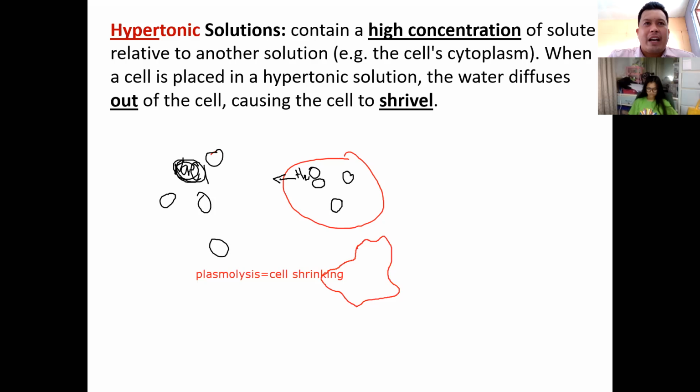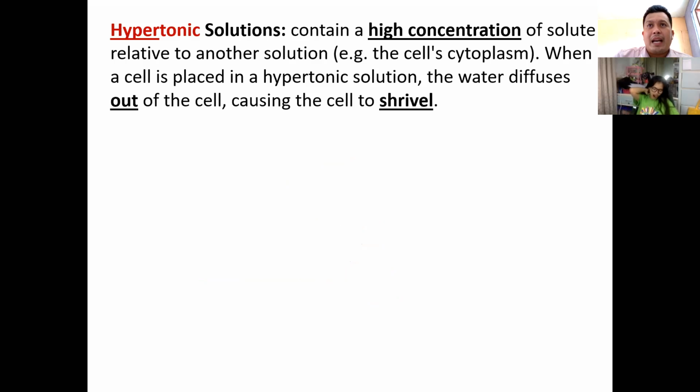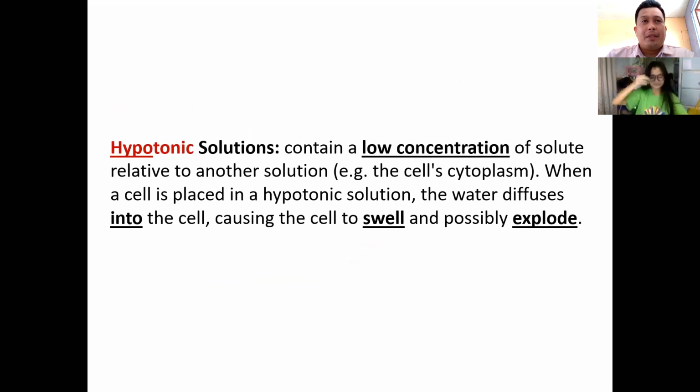Plasmolysis is the medical term which means cell shrinking. A good example of a cell that shrinks under the idea of plasmolysis is a sickle cell or a sickly cell. I think we have a picture later for a sickle cell. So that is hypertonic, class. Hypertonic again is the diffusion of water molecules to the outside of the cell. What about the other one? Hypotonic solution. Hypotonic solution means there is a low concentration of salt in the external environment and there's a high concentration of salt particles in the inside of your cell.